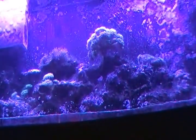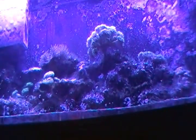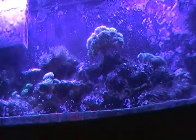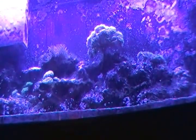My advice for a beginner, and the only reason why I'm saying these tank sizes, and again, this is for freshwater, this is not for saltwater. For freshwater, a good beginner tank, a 20 or 30 gallon tank, is probably going to be a good starting size. One, because it's going to be pretty inexpensive to get into, so you're not going to spend a whole lot of money to find out, hey, this isn't for me. And you're not tied into a whole huge setup, a lot of money tied into it. You can get into a 20 or 30 gallon tank for between $100 to $150,